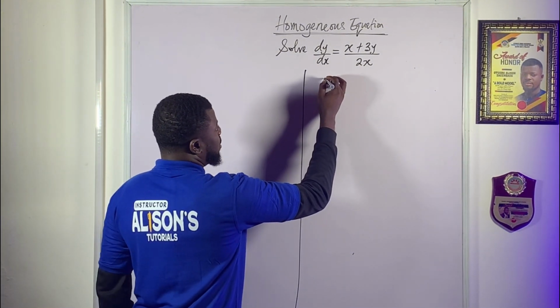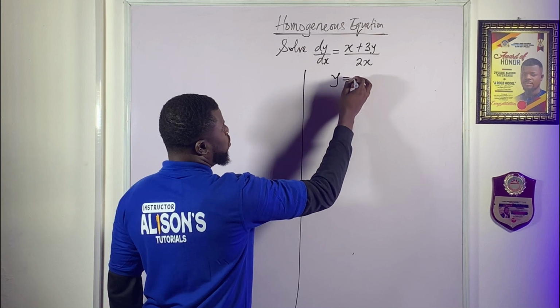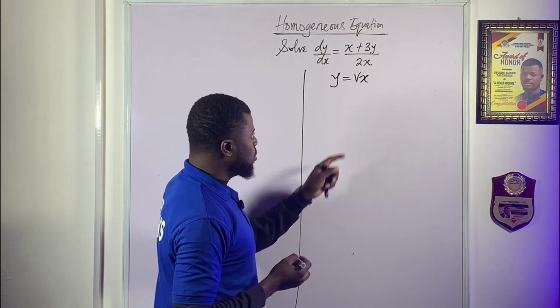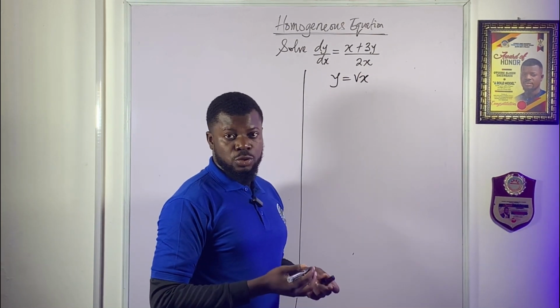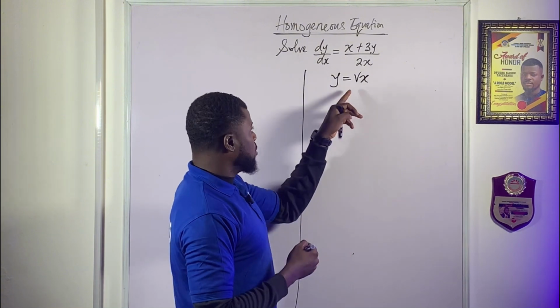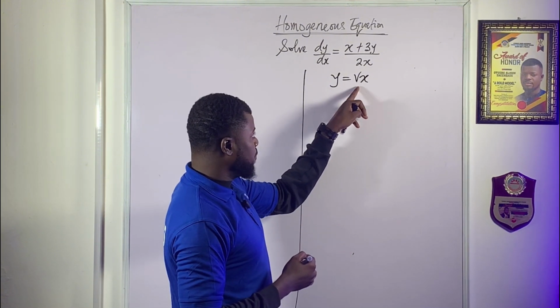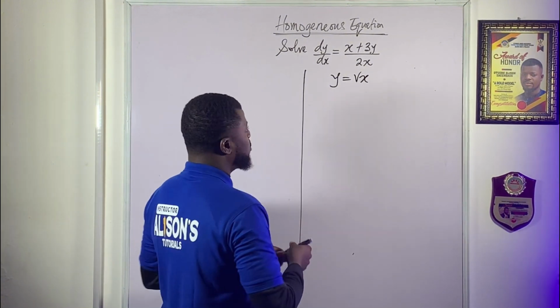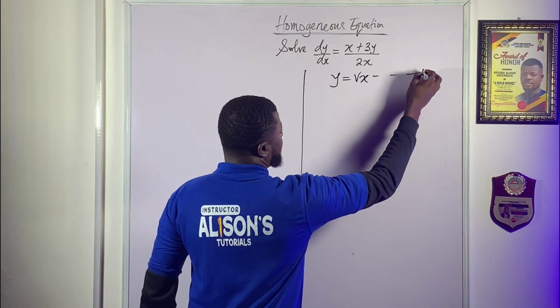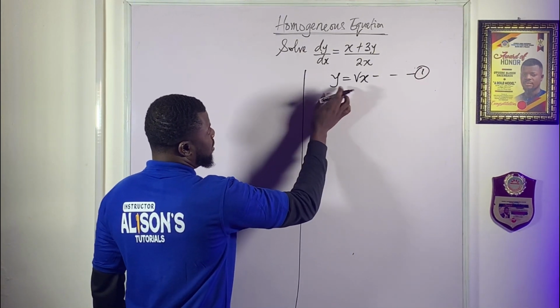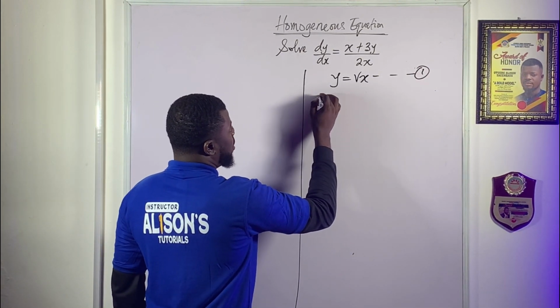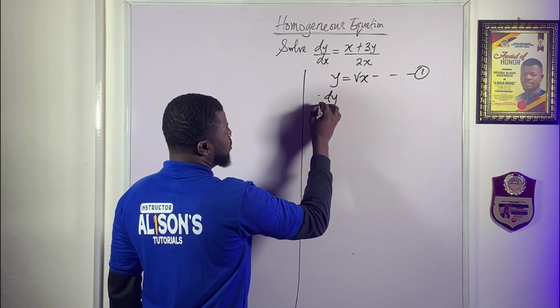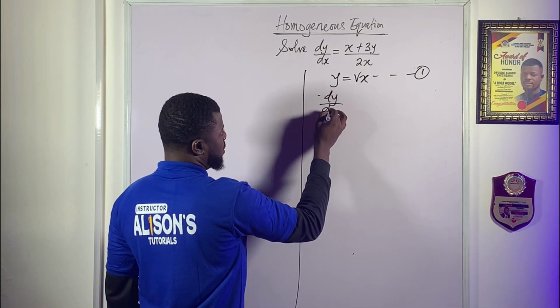I will just say, let y be equal to vx. Some textbooks, like K.A. Stroud, use y equal to vx. Some use ux, but it's just your choice. So let's make this equation 1. If this is equal to this, then we have that the derivative of y with respect to x will